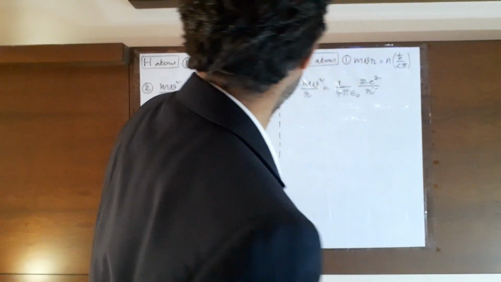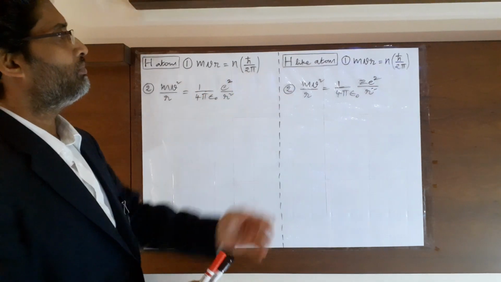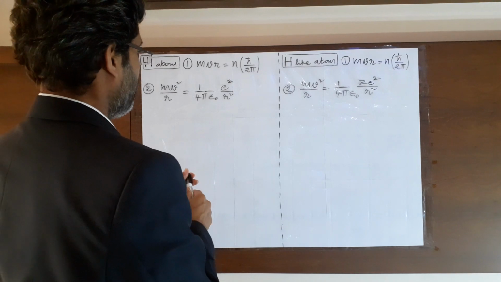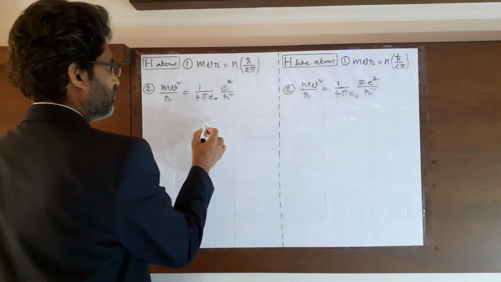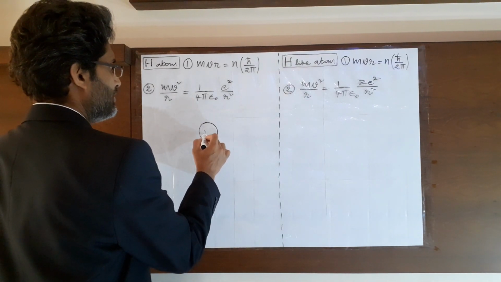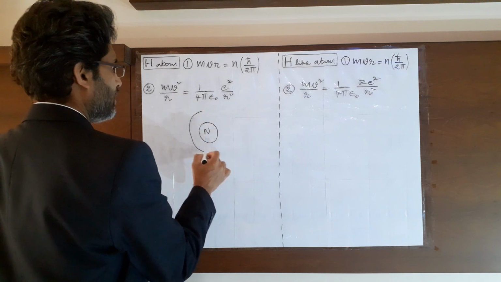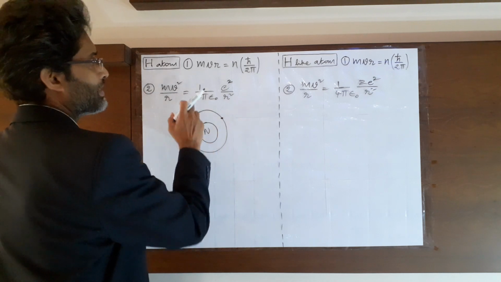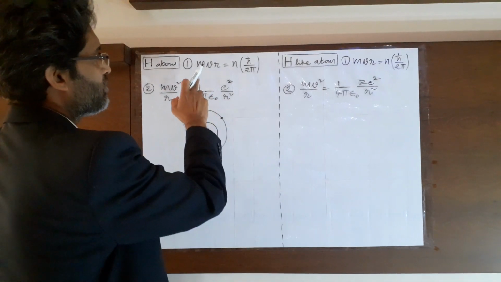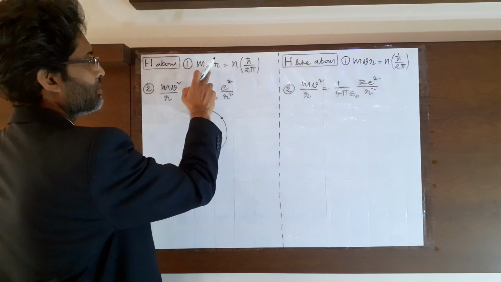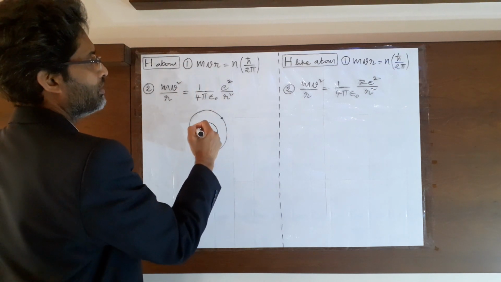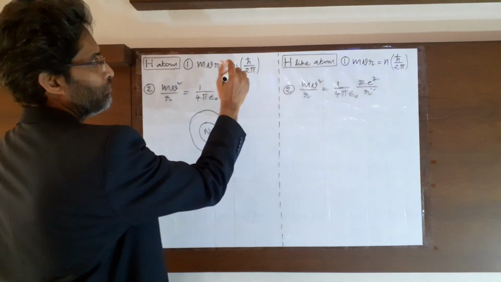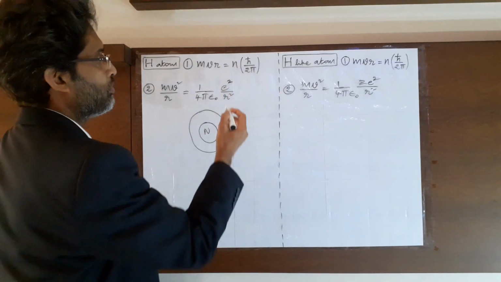In Bohr's atomic model, we need to think of Bohr's model for the hydrogen atom and hydrogen-like atoms. In both of them, we think of the electron revolving around the nucleus. In the hydrogen atom, one electron is revolving, and it has angular momentum. Angular momentum is defined as the product of mass, velocity, and radius of that electron. mvr is always quantized to integral multiples of h by 2 pi, where n is